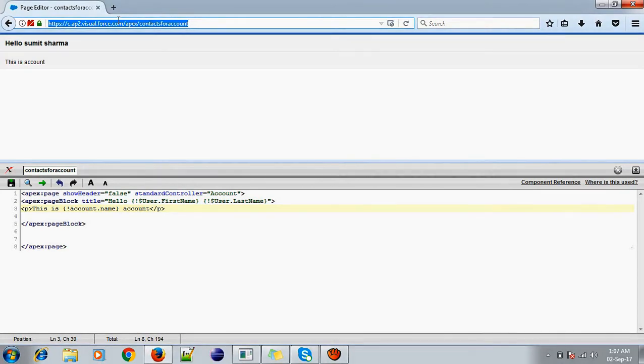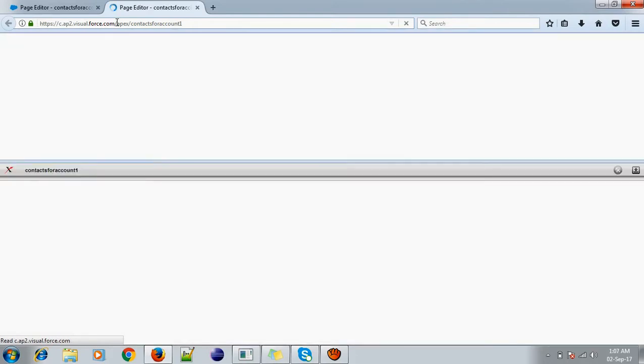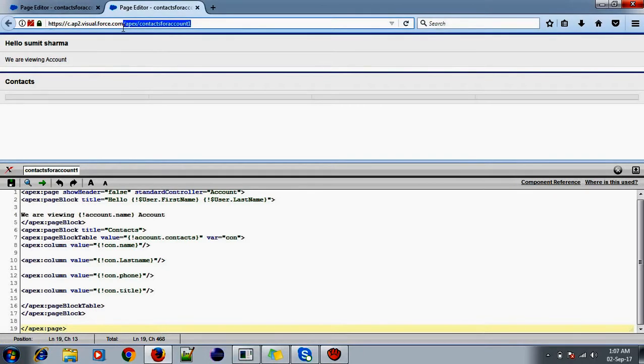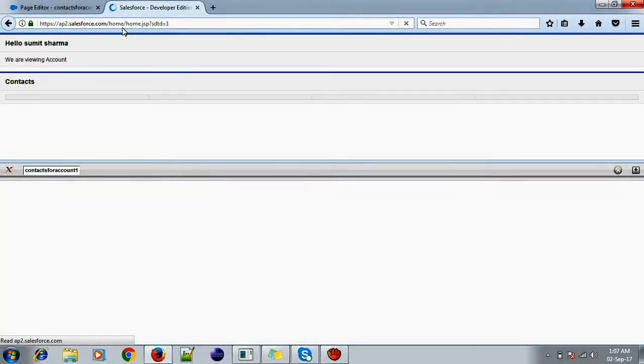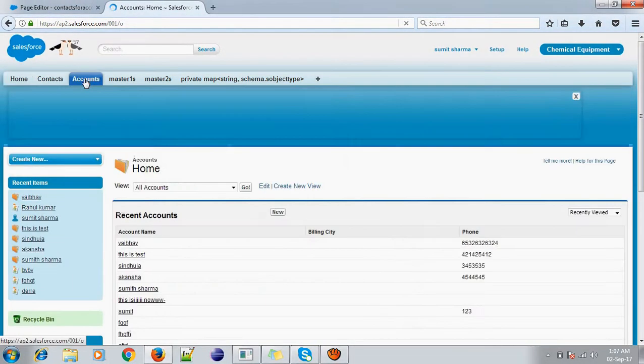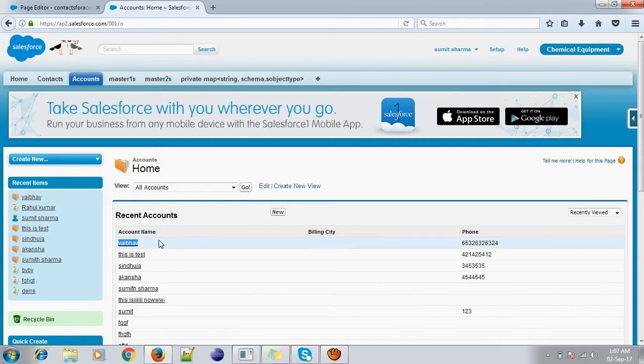So what we can do is create an account. We will go to Account. Let's say this is a record created in the name of Vaibhav. Let me open this record.